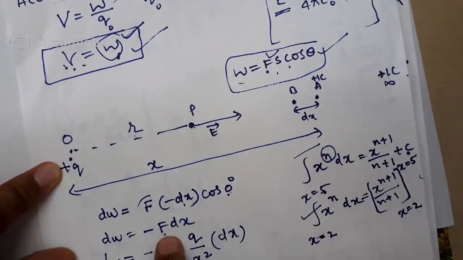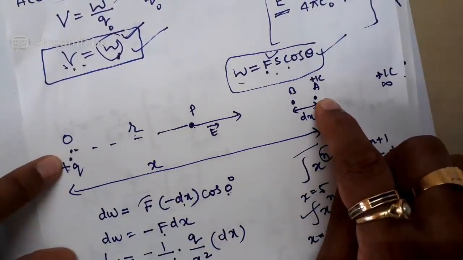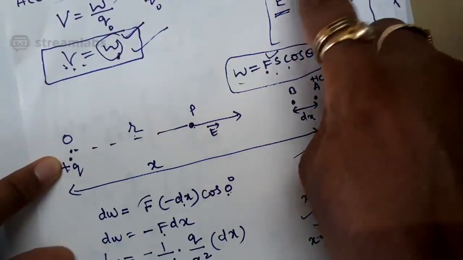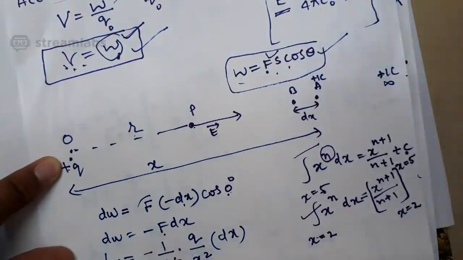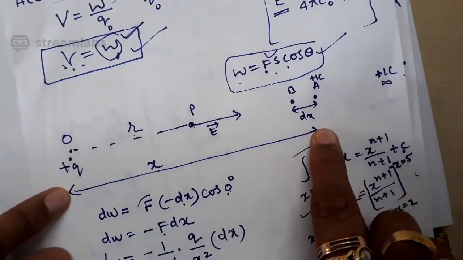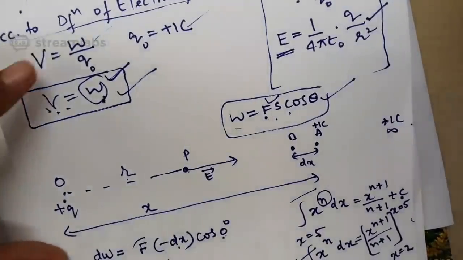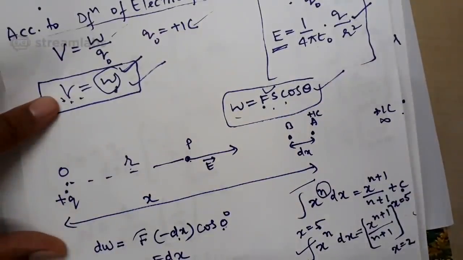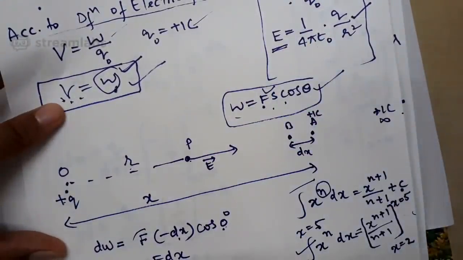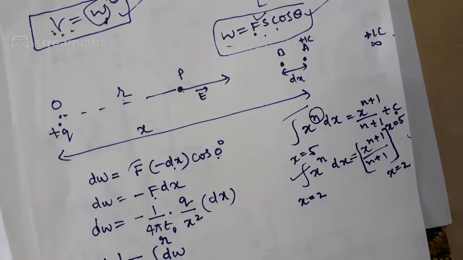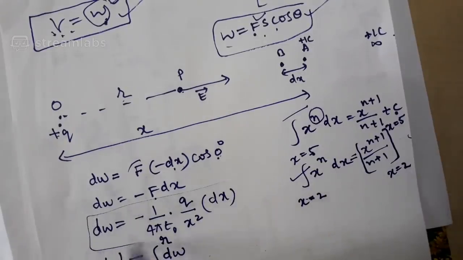So I can say this force is the electrostatic force between plus 1 coulomb charge and plus Q charge. I said it can be directly substituted as force or it can be substituted as E, because F is numerically equal to E. I did direct substitution, 1 by 4 pi epsilon into Q by, instead of r square, what do you have here? X square. I think you understood. Instead of directly substituting F, you can substitute E, because F is numerically equal to E. You write E, substitute E. E is 1 by 4 pi epsilon Q by r square. Anything is okay. Instead of r, I'm having x. This is a small work done.